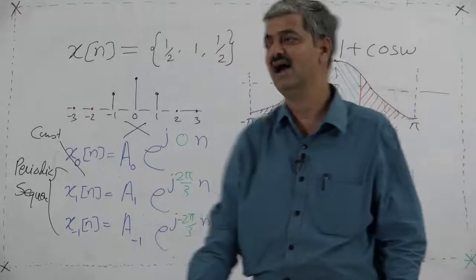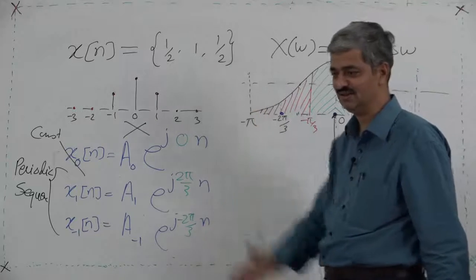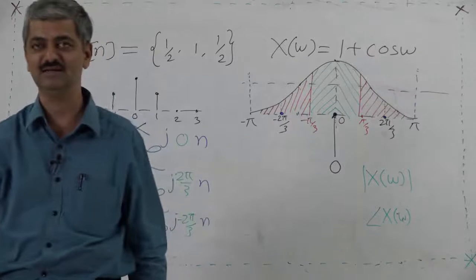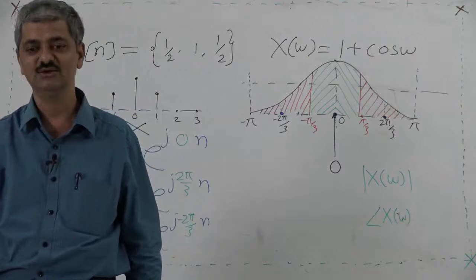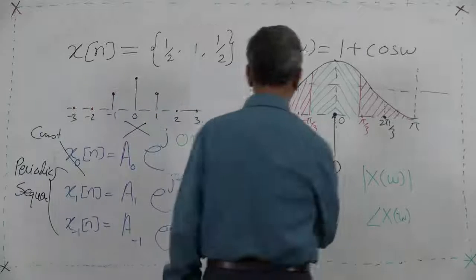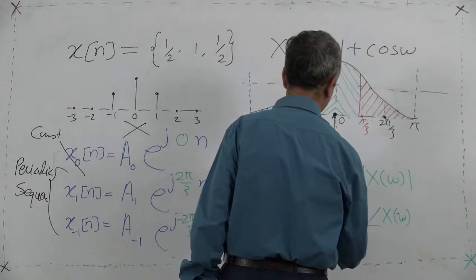What will happen then? I will divide it into 5 equal parts. Then somebody of you will ask, why 5, sir? I will divide it into 7 equal parts. Then somebody will say 9 equal parts. So, in general, you will try to divide it into 2m plus 1 equal parts with m tending to infinity.